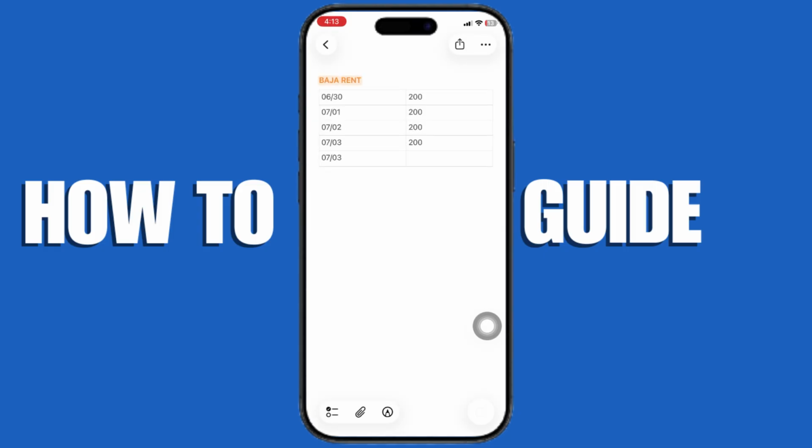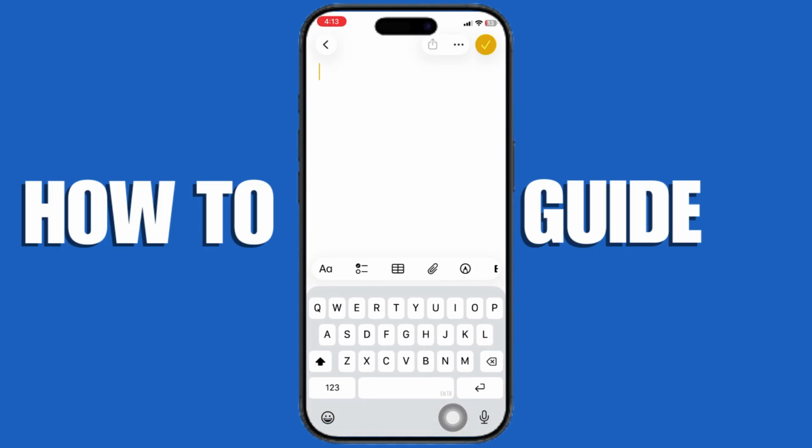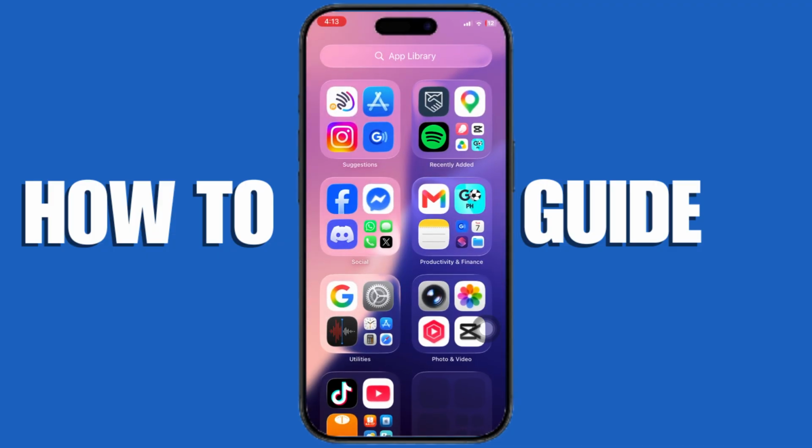Open Notes, tap the camera icon, and choose Scan Documents to instantly turn papers into PDFs. Also use Spotlight Search by swiping down on your home screen to quickly find apps, messages, or even calculations without